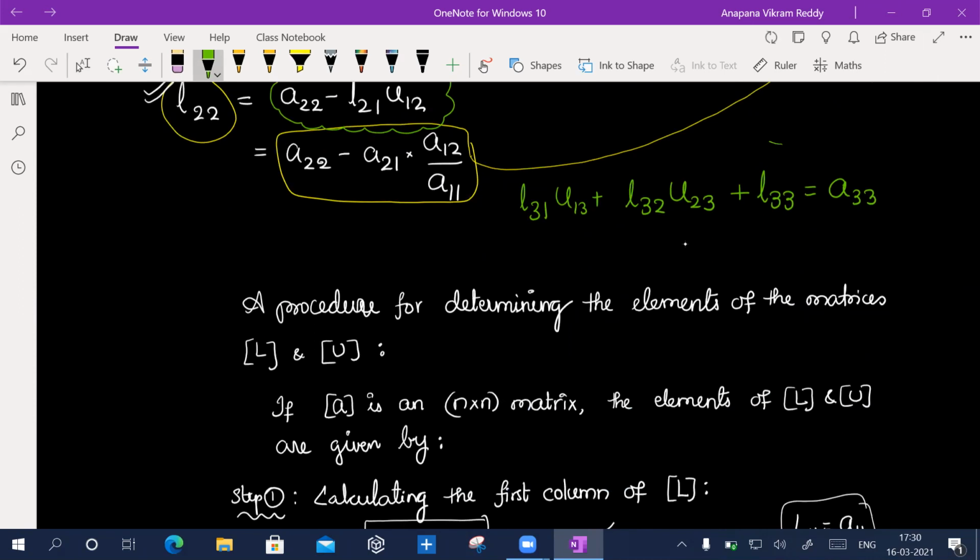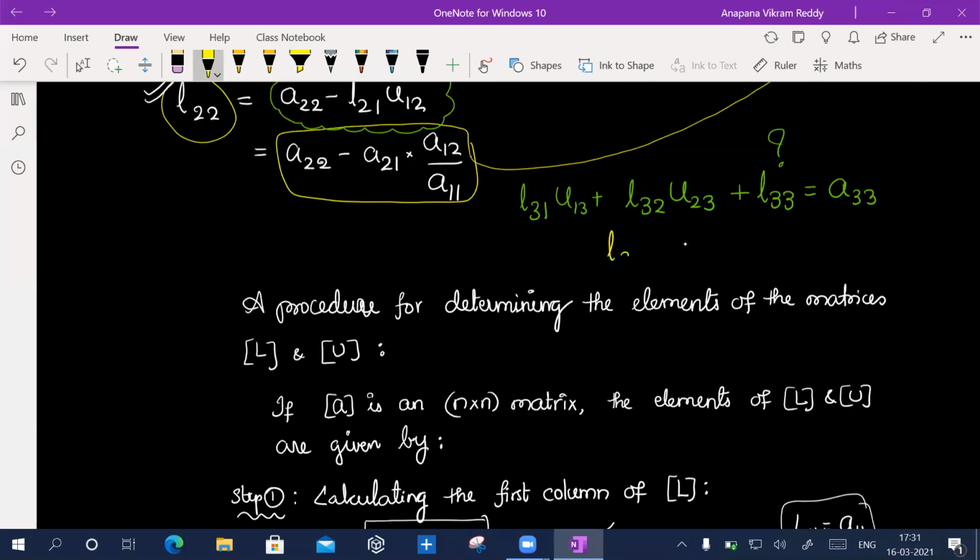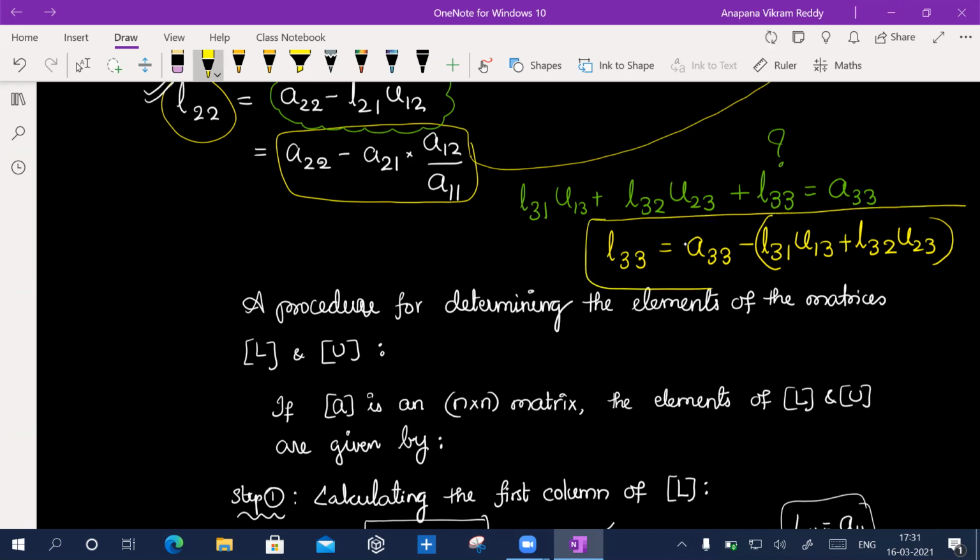Now what are we going to find? L33. So L33 is equal to A33 minus L31 U13 minus L32 U23. Agree? Okay. So this is what I can do for L33.